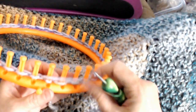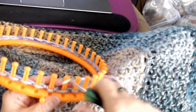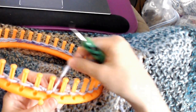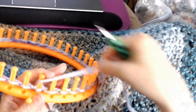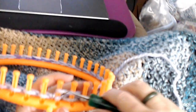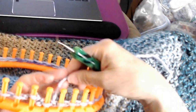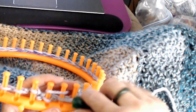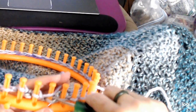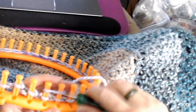Okay, so the first thing I'm going to do now is finish the cast on. So I'm going to do a row of owl eye, and so I just do a U-wrap over peg 1, come over, and then I do a wrap over peg 1 and 2 and just knit it over and knit it over. Whatever peg you're on, peg 1, you go over peg 1 and 2 and knit it